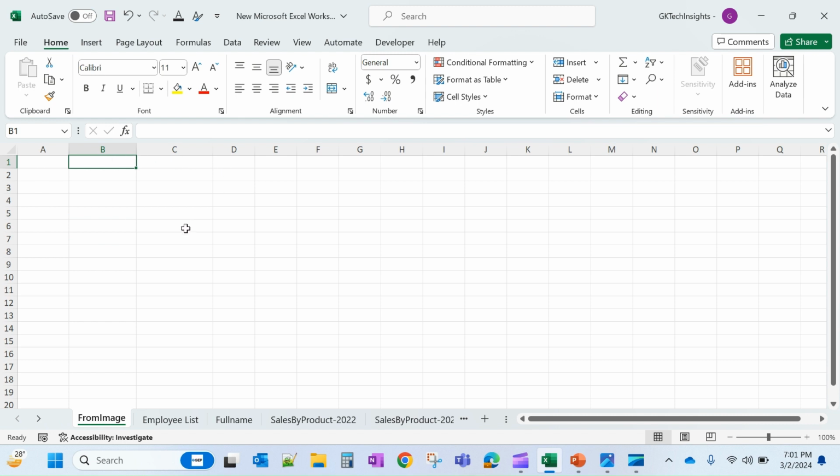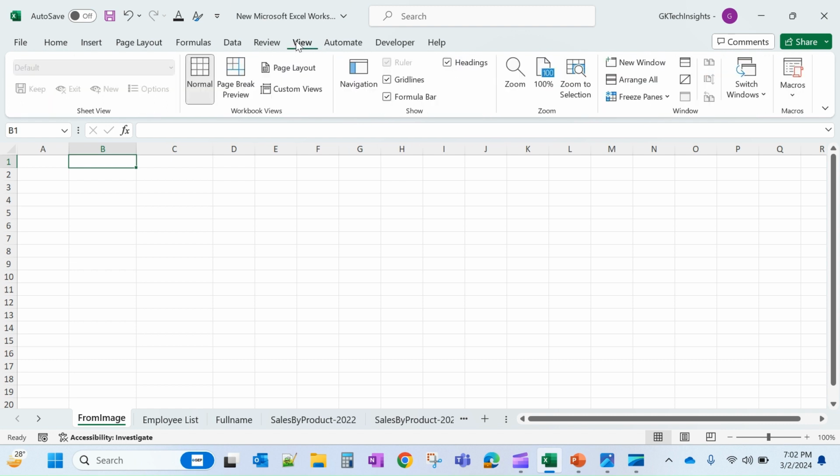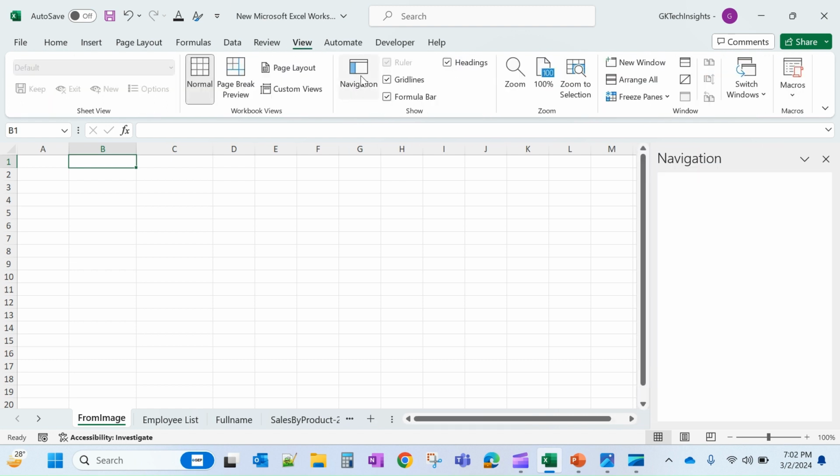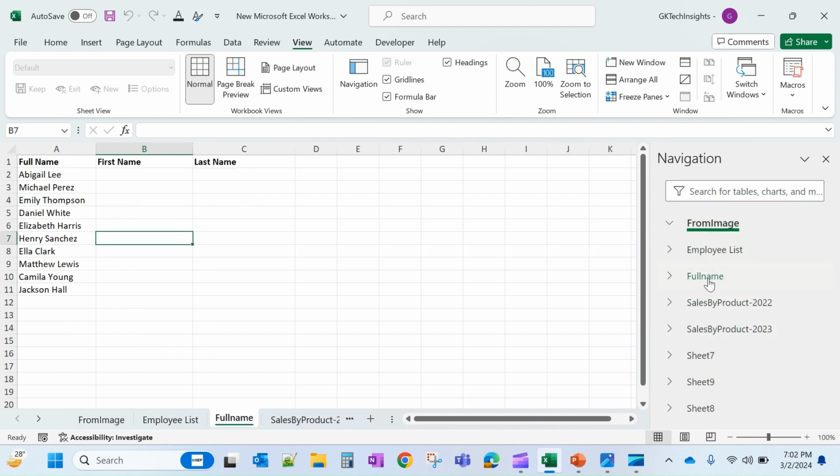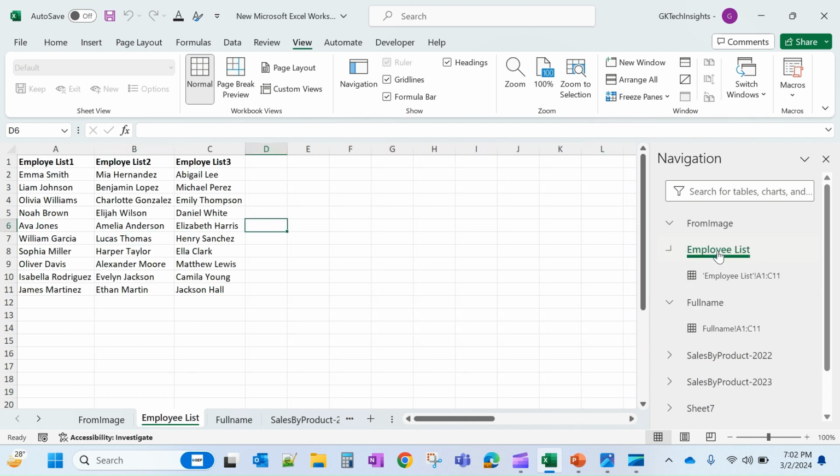can view all the sheets in one single pane, right? So how do you do that? Click on the menu view, click on this navigation. So you will see the entire workbook sheet, right? It will display it over here. Now I can click on the full name sheet, it will take me to the sheet. If I click on this employee list, it will take me to the